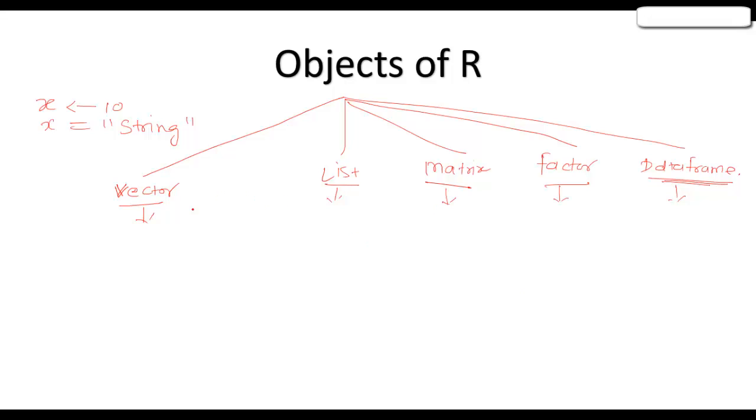Over here, we are done with vector, list, matrix, and factor. So now we will concentrate on data frame. So basically, what is data frame? Data frame is a structure that has a similar visual effect as a table. If you have worked with any SQL table or any data table, then it won't be difficult to visualize